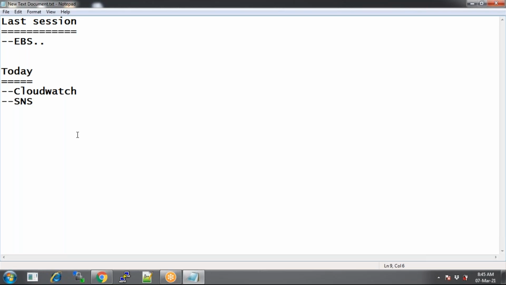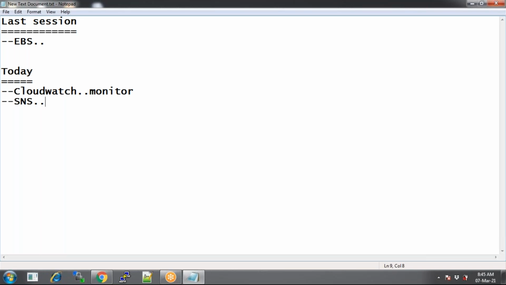I want to keep monitoring my instance performance. How do I monitor it? Or else if something goes wrong with my instance, I want to send some notifications, email triggering. So how do you do that? Email notifications will be done through the SNS notification service, and monitoring can be done through CloudWatch.